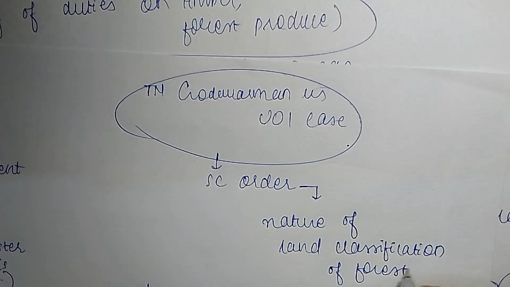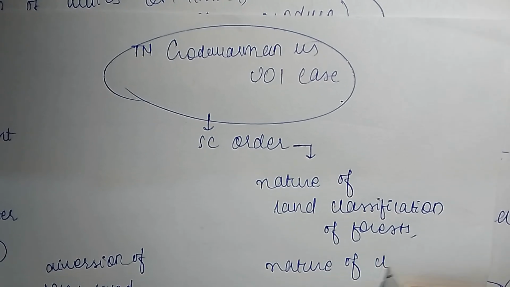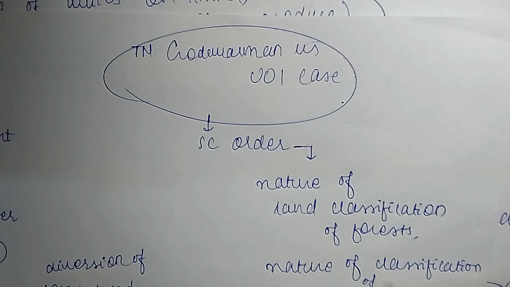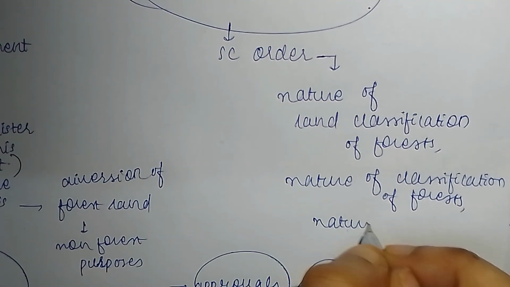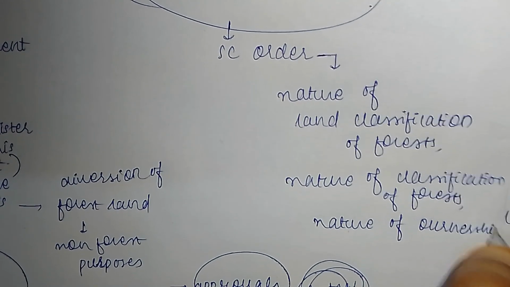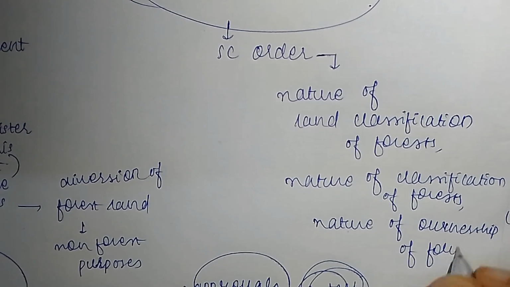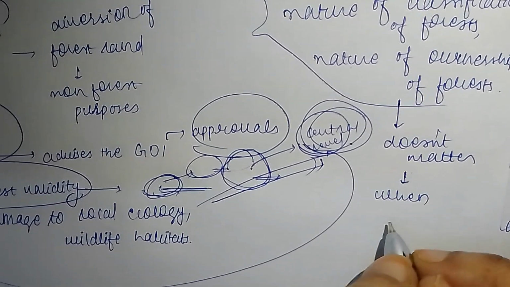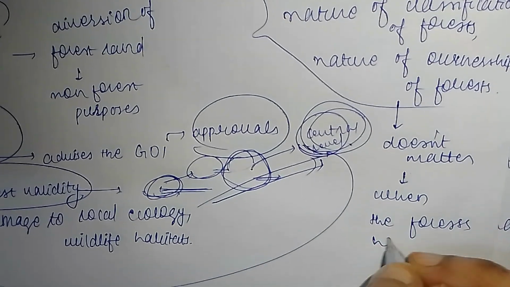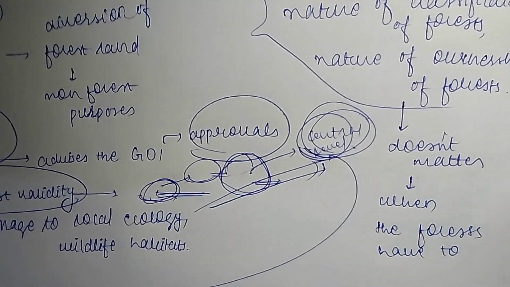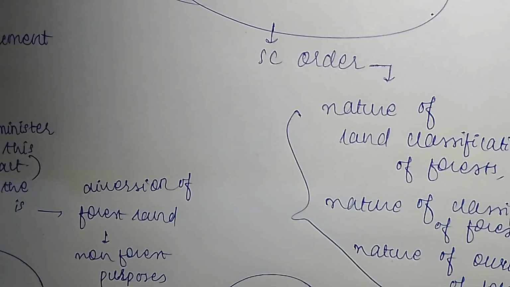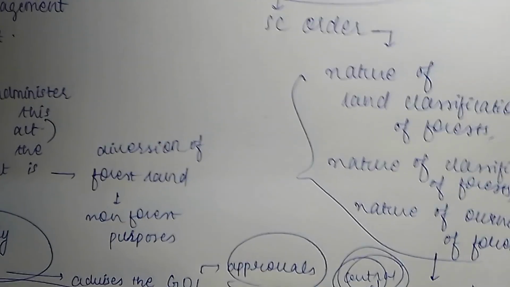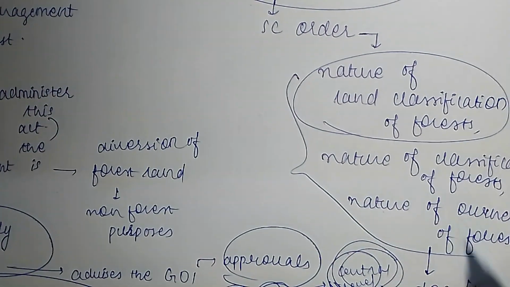of forests, I'll explain it, don't worry, the nature of classification of forests and also the nature of ownership of forests, it doesn't matter when forests have to be conserved. In simple terms, I have put it in simpler terms: the forests have to be conserved. So whenever the conservation of forest has to be taken into account, the nature of land classification of forests, in the sense that particular forest may be recorded as forest or may not be recorded as forest,